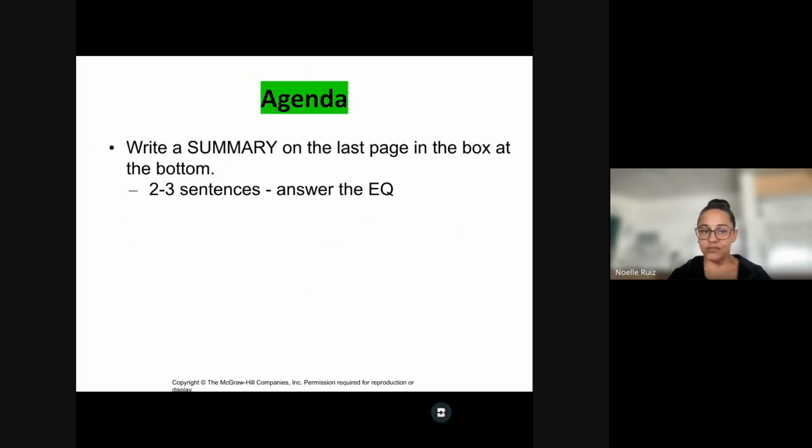And that is all for the notes. So write your summary on the last page. You don't have a box at the bottom. You can draw a box at the bottom, but it should be 2 to 3 sentences answering your essential